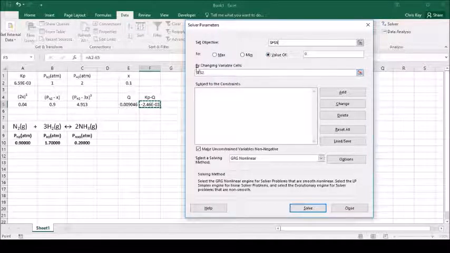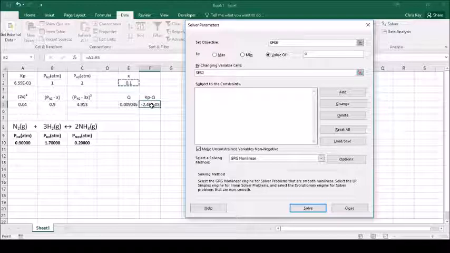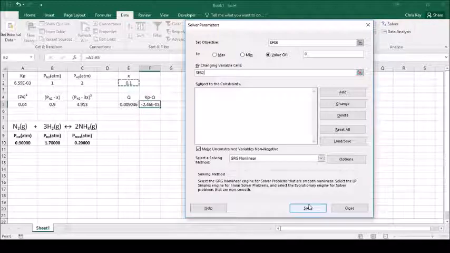And it says by changing variable cells, and of course I want to change x until this becomes 0 or as close to 0 as the software can get it. And then I'll hit solve. Just to note, you can have equations with 3 and 4 variables, and you can change all those variables till you reach some sort of objective. In this case, we're only needing to change one variable. So let me hit solve,